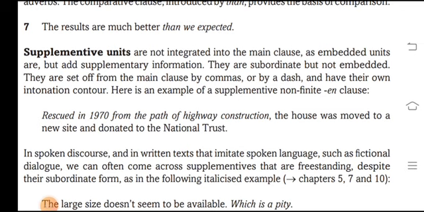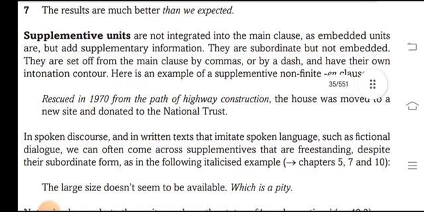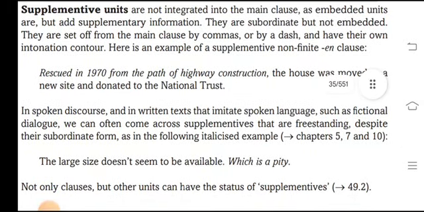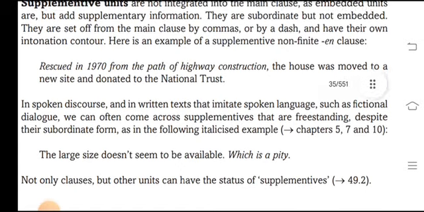But they add supplementary information and they are subordinated but not embedded, and they are set off from the main clause by commas or by other dashes and have their own intonation contour. Here is an example of a supplementive non-finite clause: